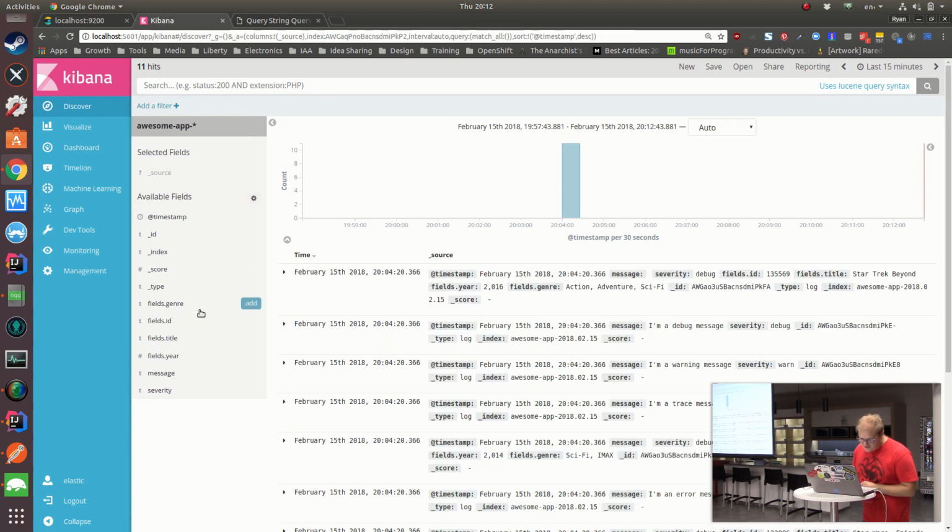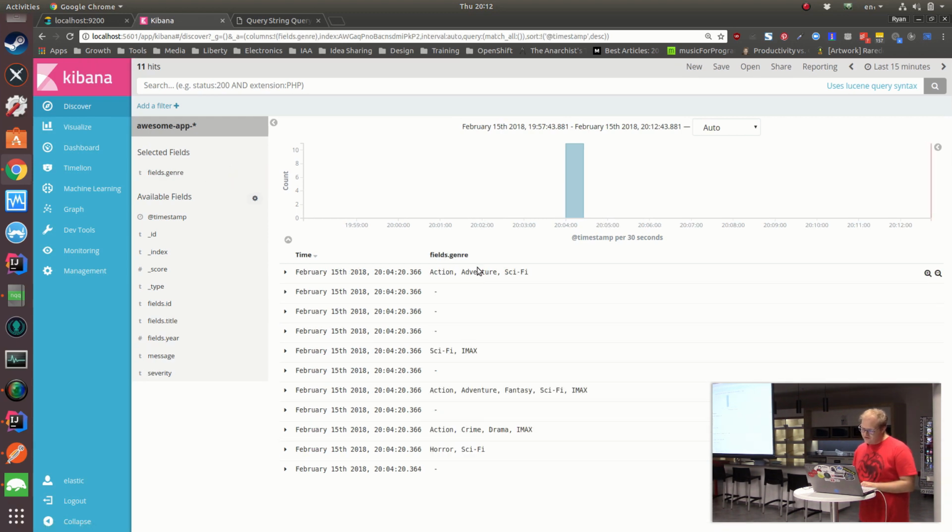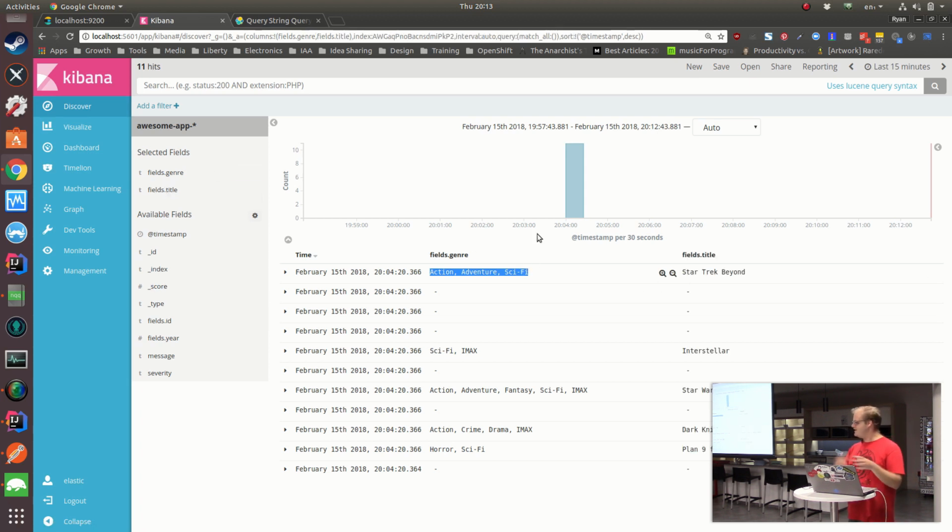So let's take a look at the genres. Here's a log message with a genre of dash, which means you probably want to log a ticket with your developers and say, hey, stop logging genre of dash when there's no genre. Just use an empty array. And you might then want to add the titles of the movies to figure out how those relate to each other. There's also